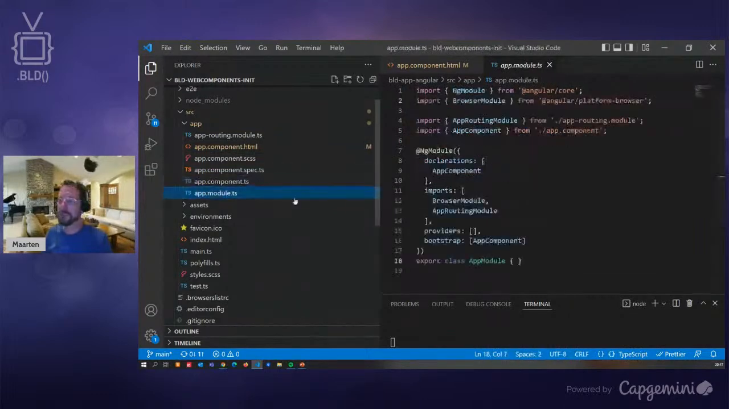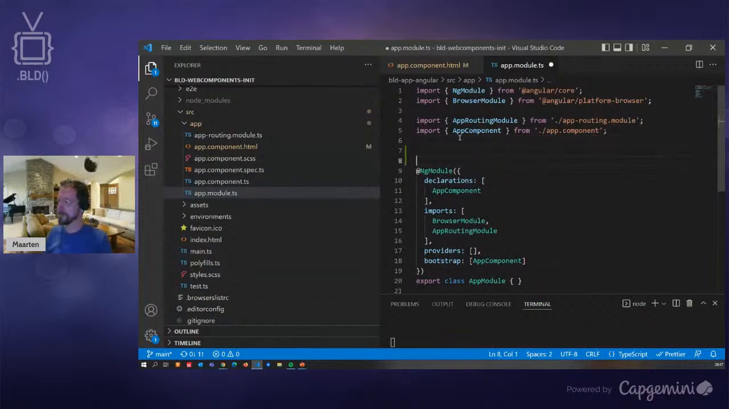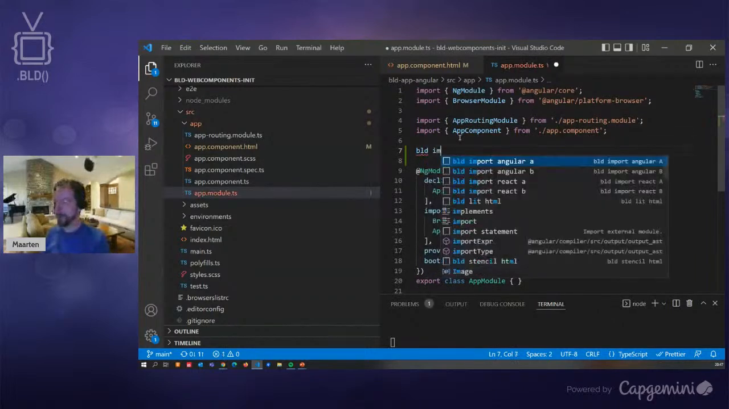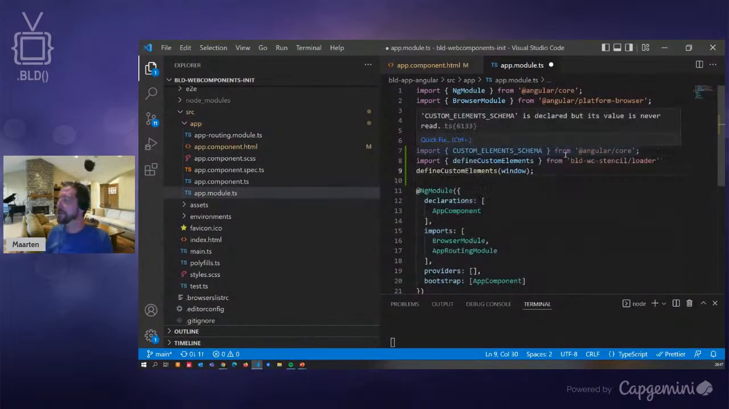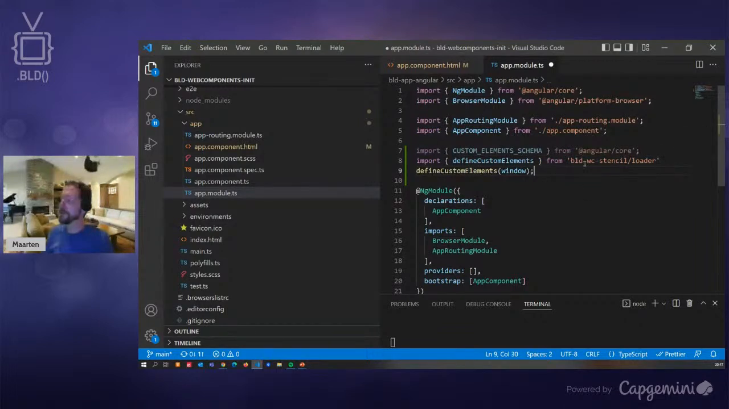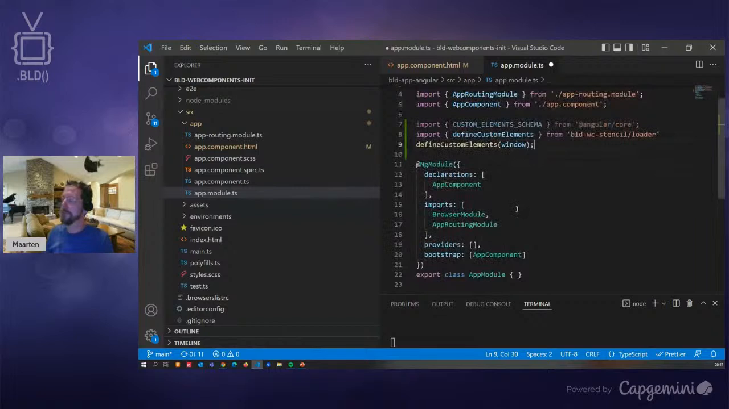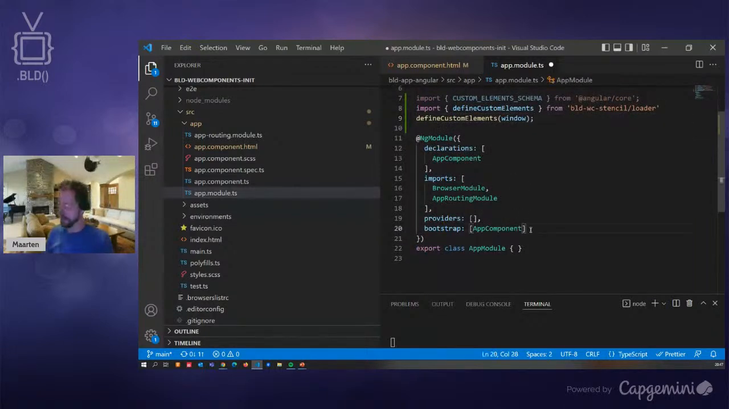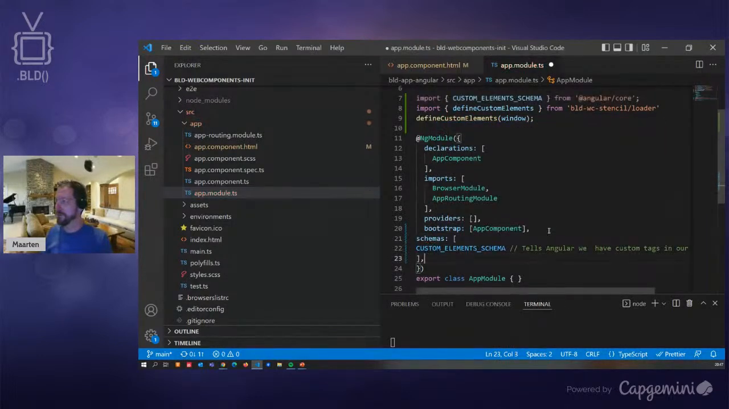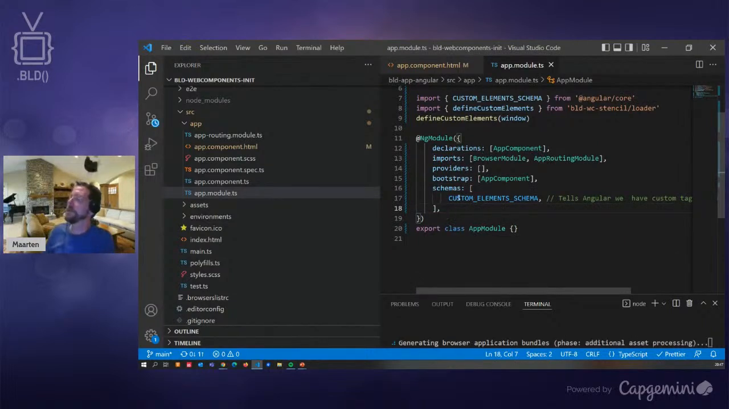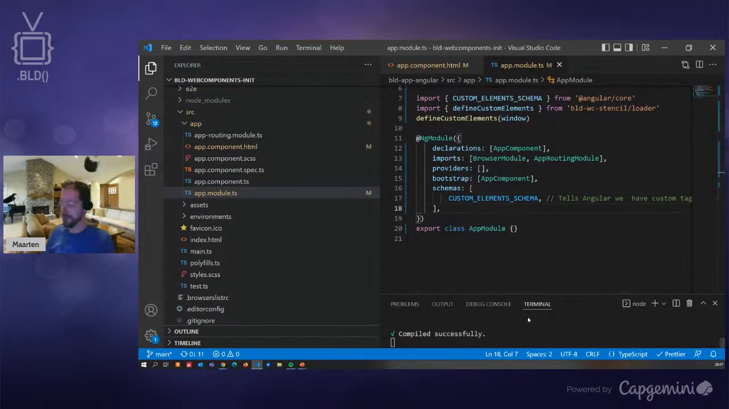Okay, we need the app module. And in here we'll be importing the Angular statements. So the custom element schema from Angular and the defined custom elements from the stencil component. And then we define the custom elements to the window. However, we need one more thing here. That is, yep, I think I did this right. We need to tell Angular to use this schema as well. Now, if all goes well,